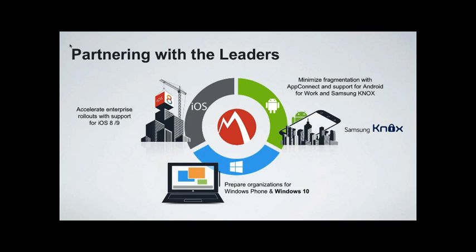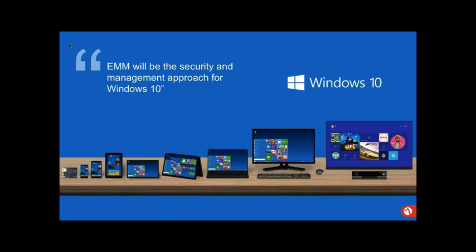In addition to that, we have a huge amount of effort around Windows 10. On our website, if you go to MobileIron.com, there's a huge amount of information around Windows 10 and what we're planning to do with that, and that remains a very key platform for us. Contrary to popular belief in the predicted demise of Windows, we think it will be a strong platform for a number of organizations out there. And to that extent, EMM will be a security and management approach for Windows 10.